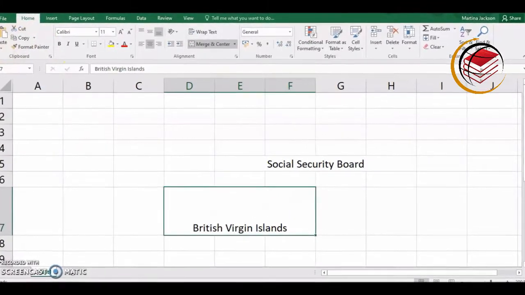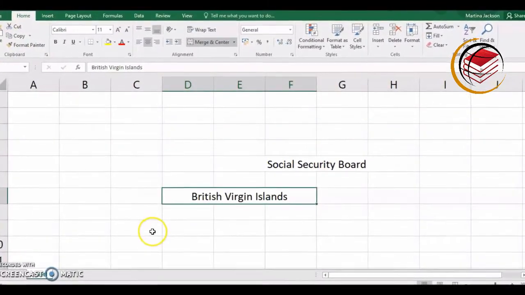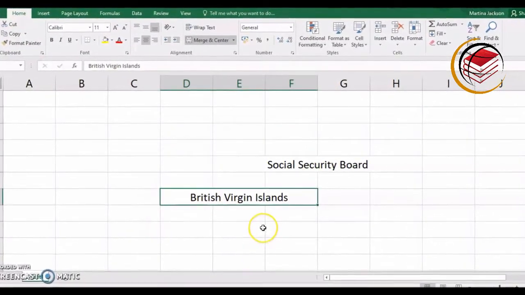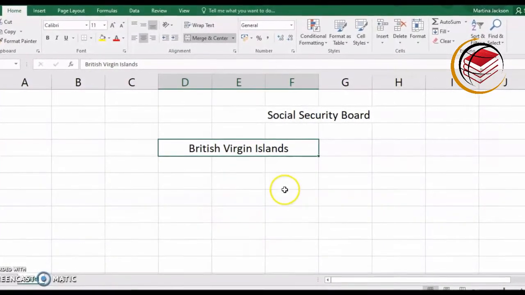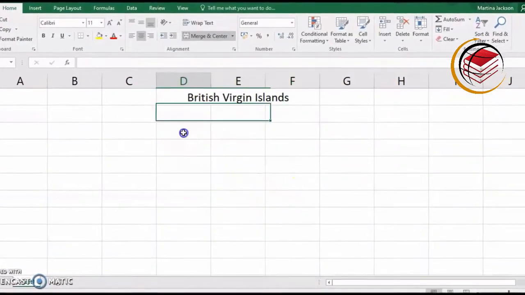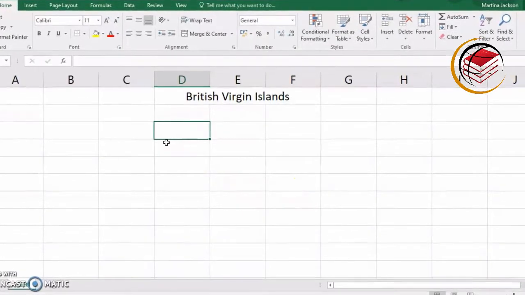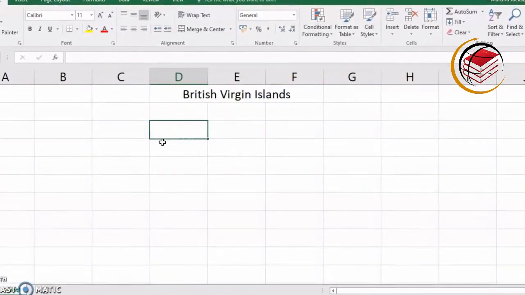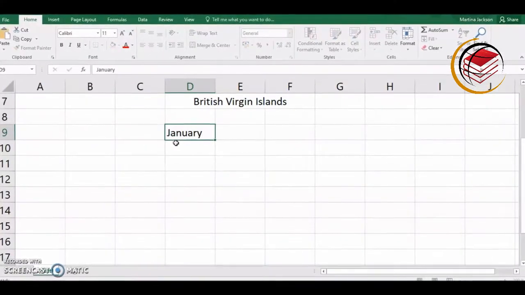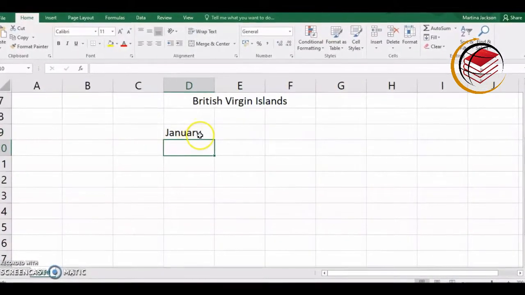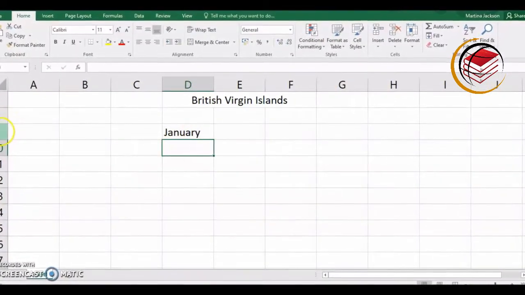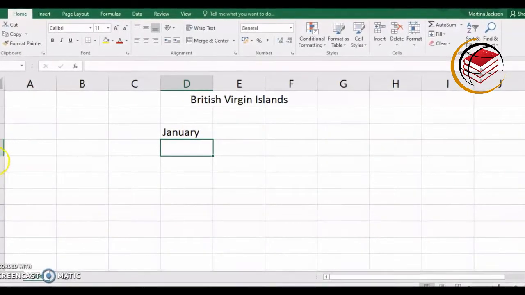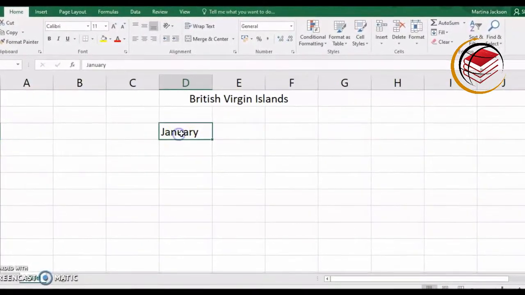All right, so you want to now merge some rows. Okay, so let's say we want to put in, let's say a month or something like that. Depends on what it is you're doing, right? So I'm going to put in January here, and I want to merge rows 9, 10, 11, 12, right? So I'm just going to click on that,